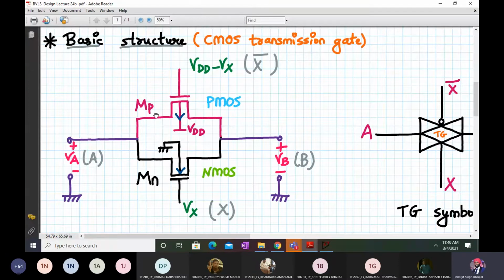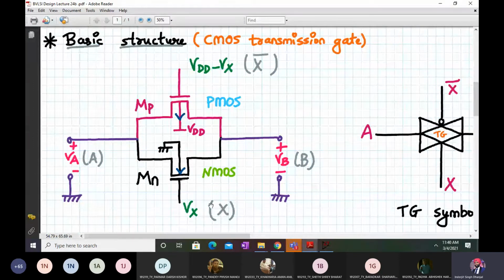The PMOS transistor is marked as MP and the NMOS transistor is marked as MN. Here we have the input VA in terms of voltage, and the output is VB, or Vout. In terms of logic we are calling them A and B. At the gate of PMOS you connect VDD minus Vx, and at the gate of NMOS you connect Vx.